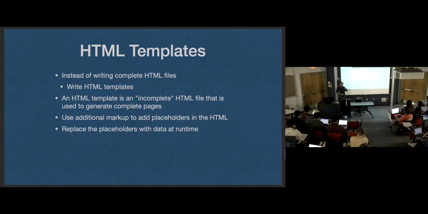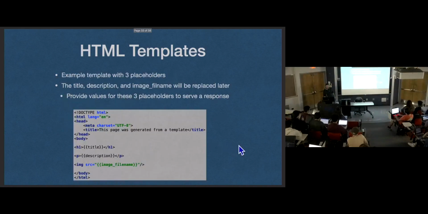But there are times where we want to serve different HTML to different users based on specific state, depending on the user. And to do that, what we can use is HTML templates, where we store incomplete HTML files on our server and then replace certain pieces of information server side before we send that content. So we say that we're going to take an HTML template, render it with a specific set of data, and then send it to the user.